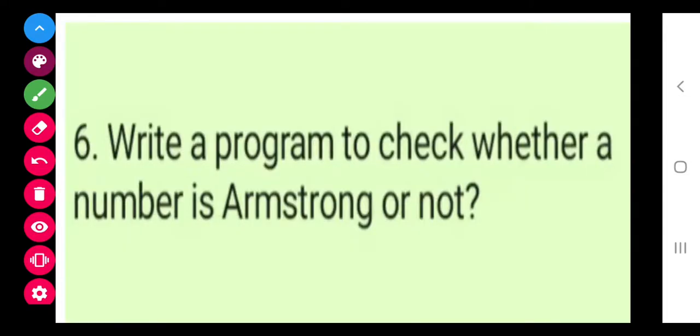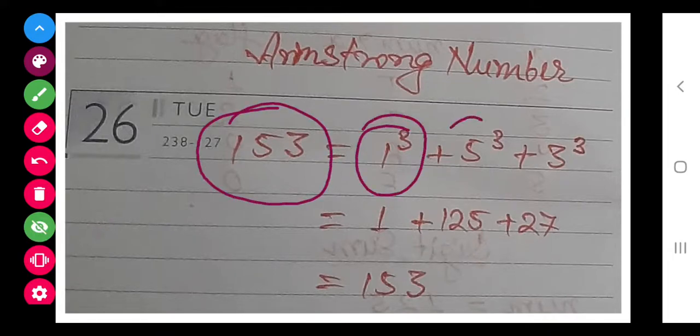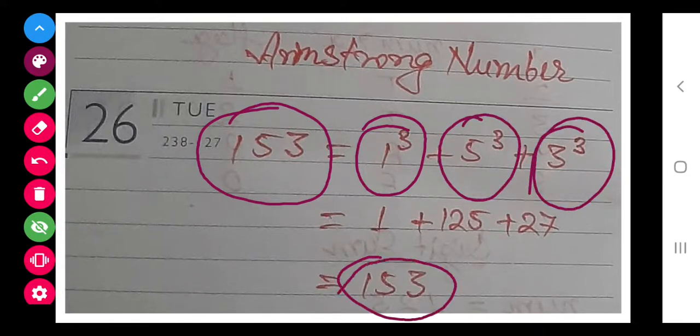Now class, next you have to try this: write a program to check whether a number is Armstrong or not. What is an Armstrong number that you need to know? If there is a number and the sum of the cubes of its digits is the number itself, then it's an Armstrong number.